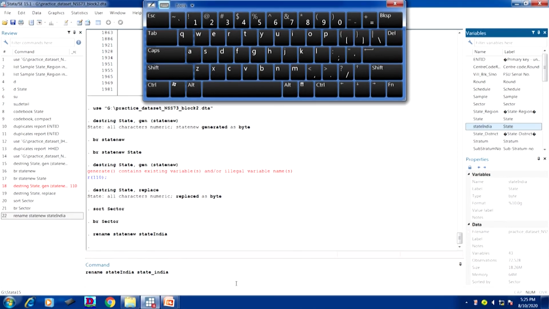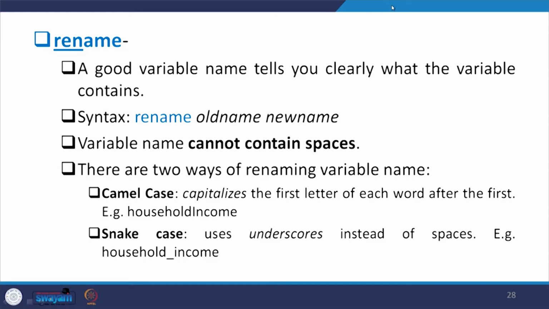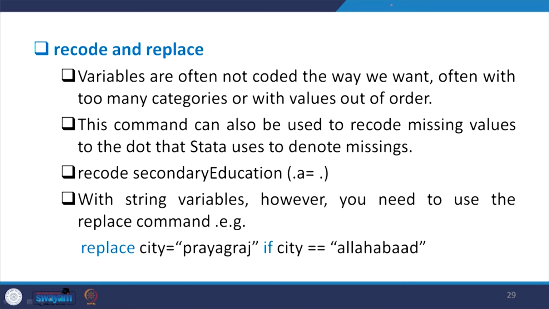The name has already been changed. State new is not there, it is now state India, so I am going to change state India to state_India. Now, this has changed to state_India. What is important is that the variable has been changed with a new name as per your own convenience, and this is very essential and usually very useful.